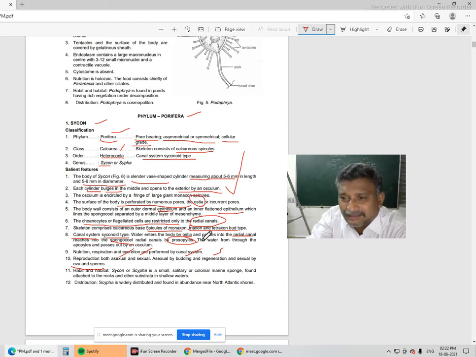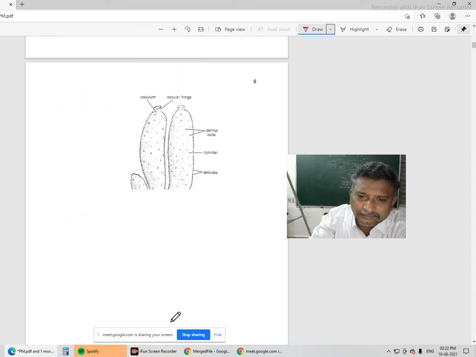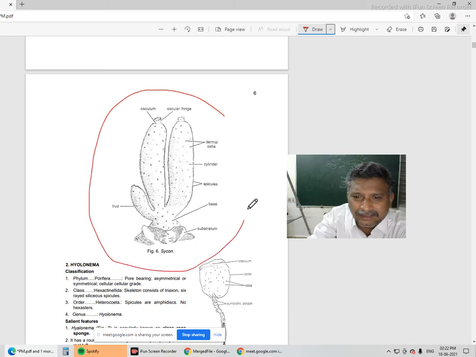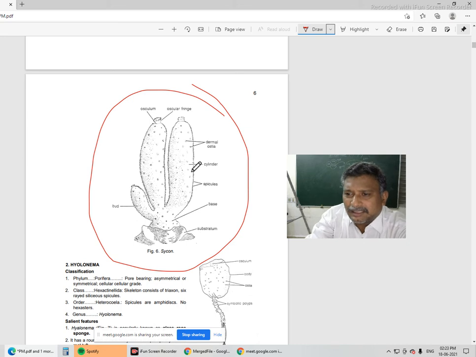When we take a section, yes, there is the radial canal. The radial canal is lined with flagellated cells or choanocytes. Such things can be visible. Observing all these characters, the given slide may belong to Sycon. So this is the Sycon. Are all the characters we discussed now there? No, sir. Very limited characters, by which we have to say that the organism belongs to so and so. Here is the osculum.